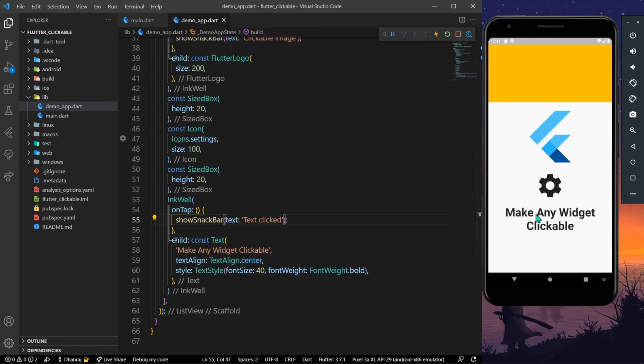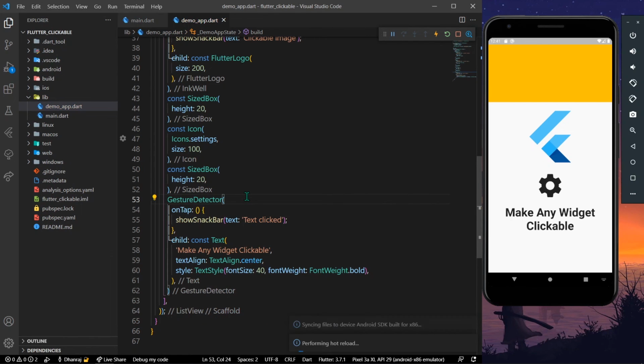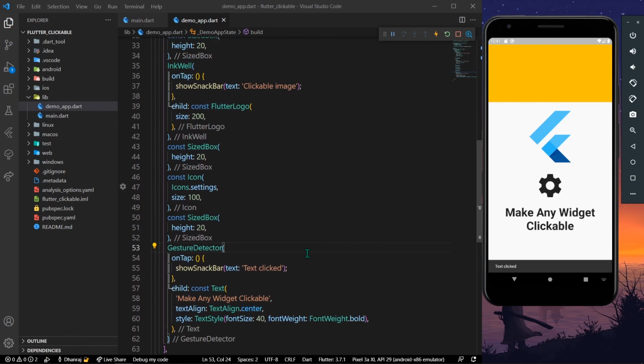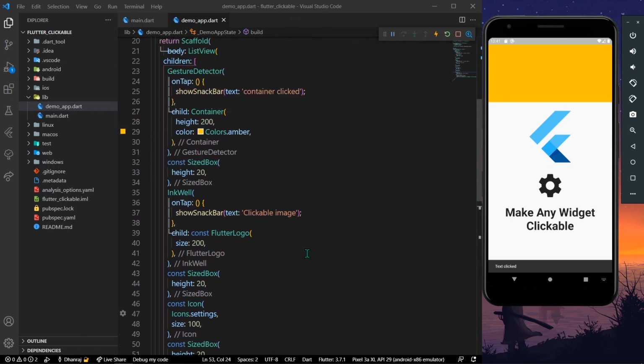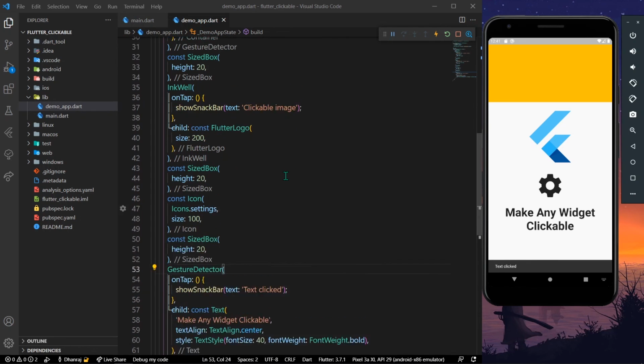So now as you can see, I will just simply click on the text and we have our text clicked. So as you can see, we have this effect. We'll simply replace our inkwell with a widget called gesture detector. We'll save the app, and now as you can see, we don't have this effect, but our widget is being clicked. So this is how you can make any widget in Flutter clickable with these two widgets, which are inkwell